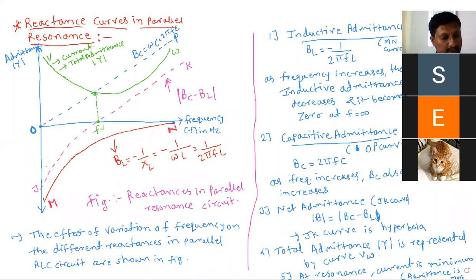So everyone read it. I will give 1 minute, and after that we can start to solve the numerical examples based on the parallel resonance circuit. You have to draw all the curves and explain all those points with respect to frequency, how it will vary, and what the formula is. If any doubts, you can freely ask. Don't hesitate, but clear the doubts and clear the concept.